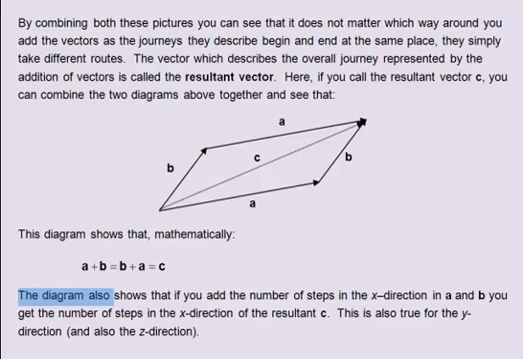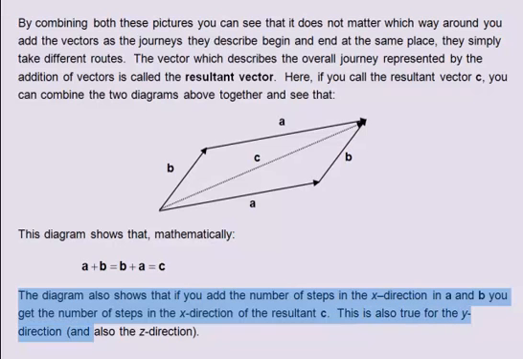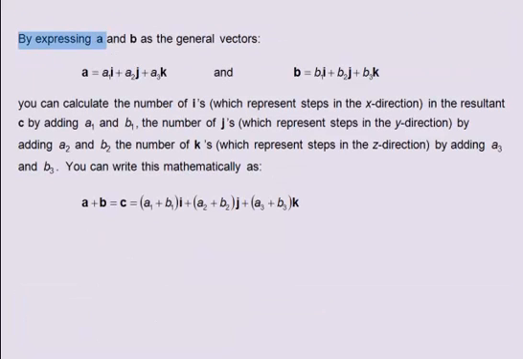The diagram also shows that if you add the number of steps in the x direction in A and B, you get the same number of steps in the x direction of the resultant C. This is also true for the y direction and also the z direction. By expressing A and B as the general vectors, vector A equals A1 i plus A2 j plus A3 k, and vector B